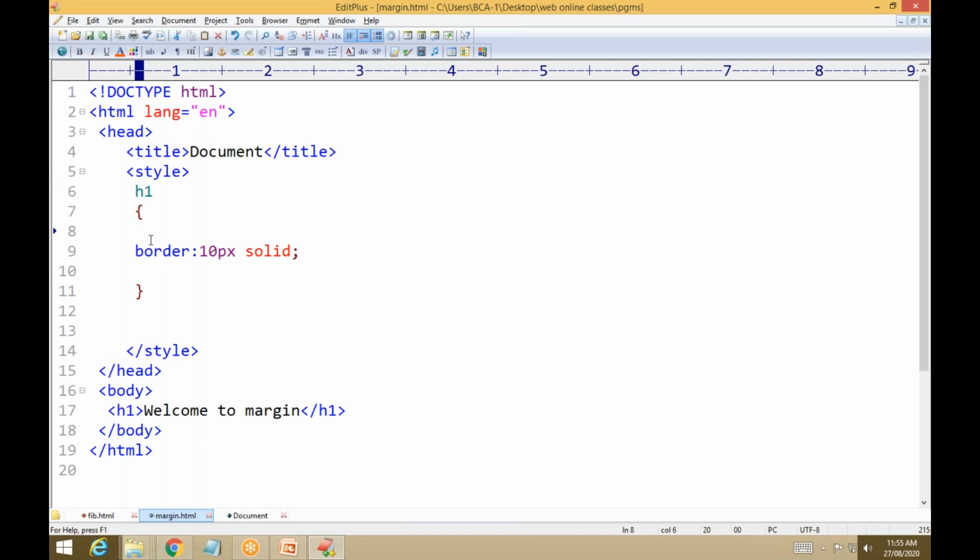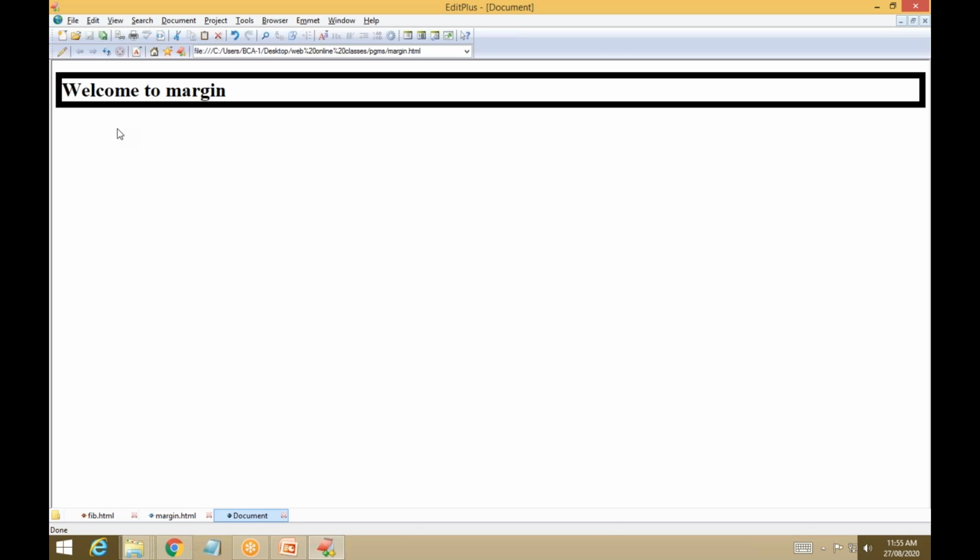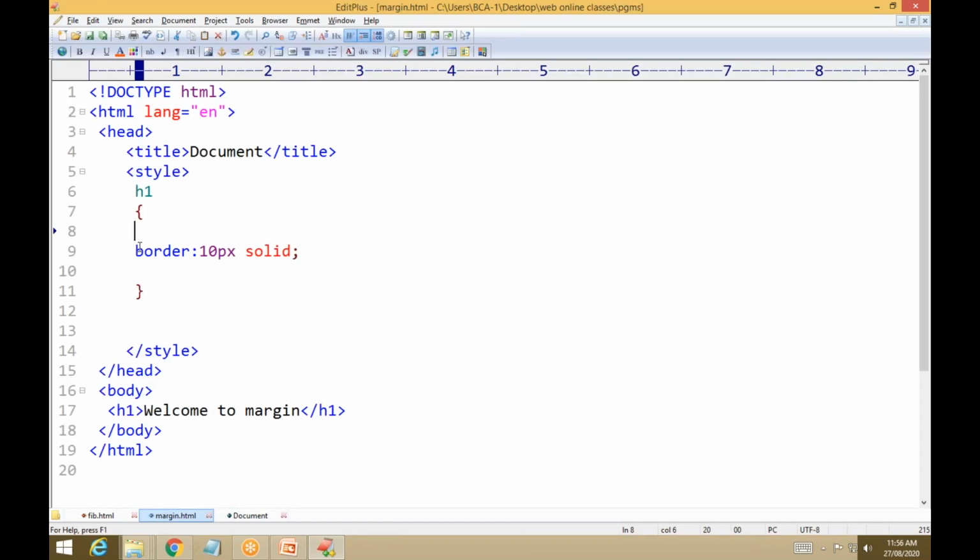Save. See here, there is space here also, here also space. Then this w is attached with this left border. Now after giving the padding, 20 px, you can do anything.